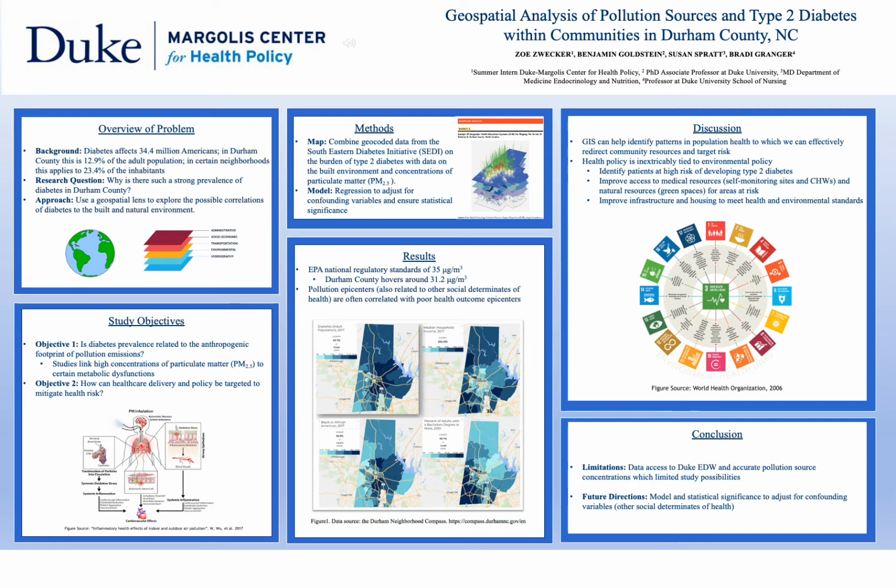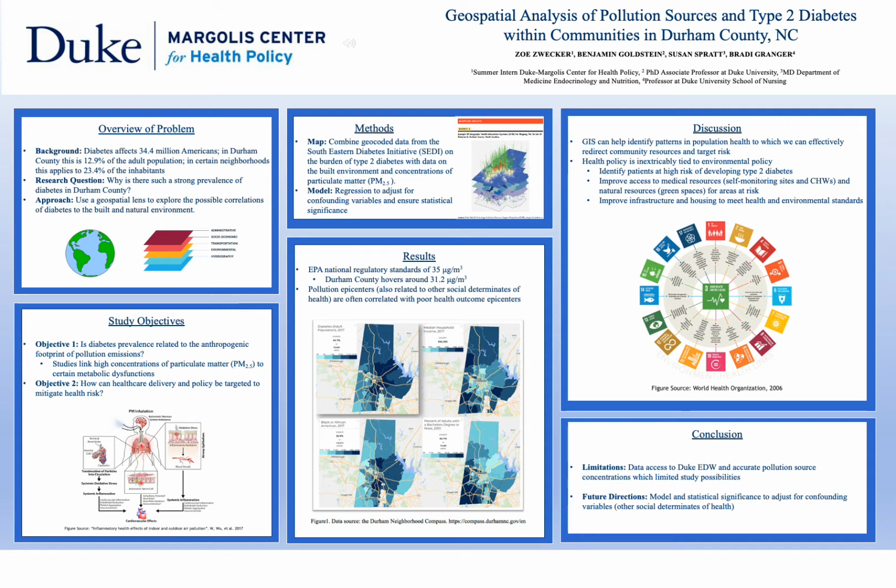This is premised in the idea that a lot of studies have linked high concentrations of particulate matter, PM 2.5, which describes the diameter of particulate matter in the atmosphere, to certain metabolic dysfunctions. Essentially, this particulate matter can be inhaled and it lodges itself in different parts of the body depending on the diameter. And because this is so small, 2.5, it is able to lodge deep down into your lungs and cardiovascular system and enter your bloodstream. So that's why I decided this would be a cool thing to explore.